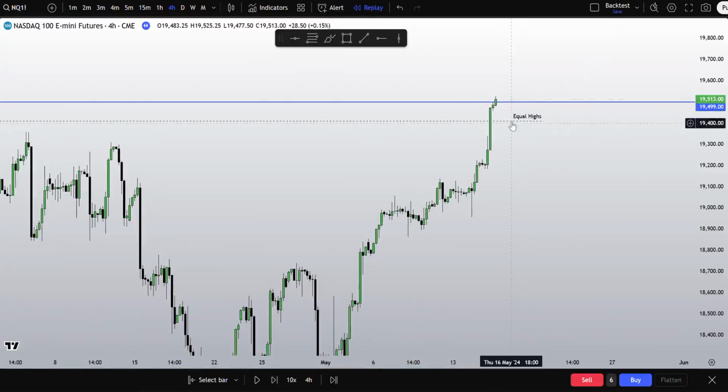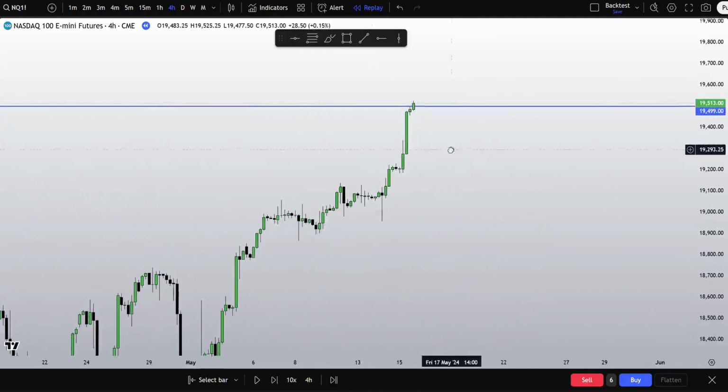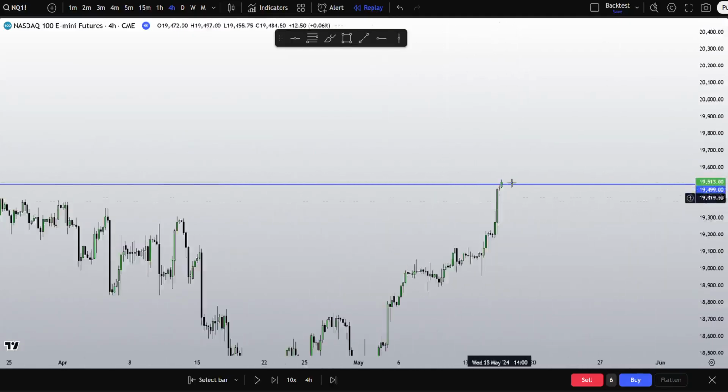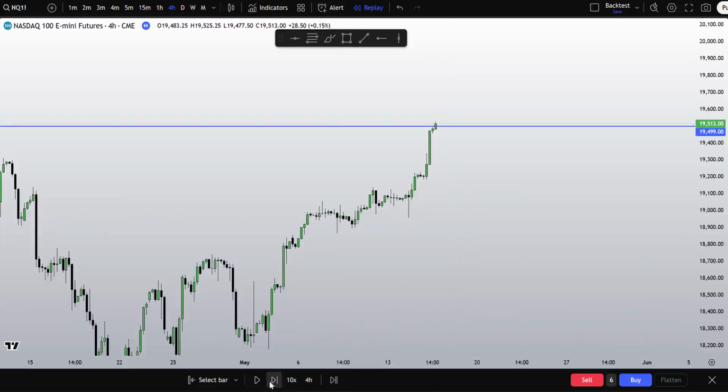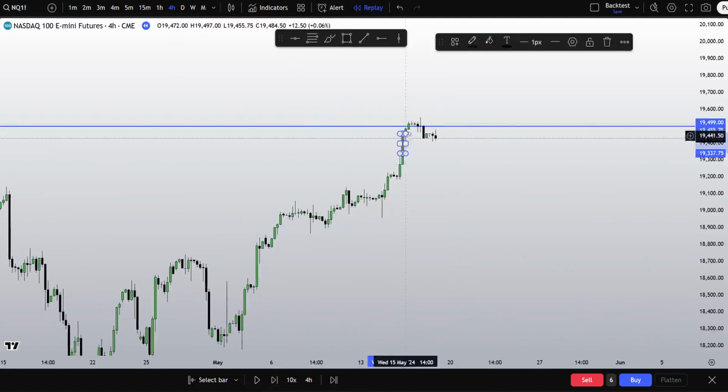What do we get? Right there, high tapped into. Again, it's just like what's most likely to happen than not. So this is the all-time high. So now we're in all-time high. Obviously there's no draw for the upside. What I just want to see is if we remain respectful of PD arrays. This is actually a perfect